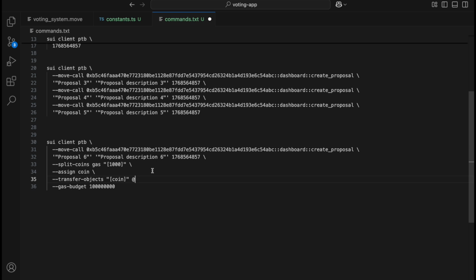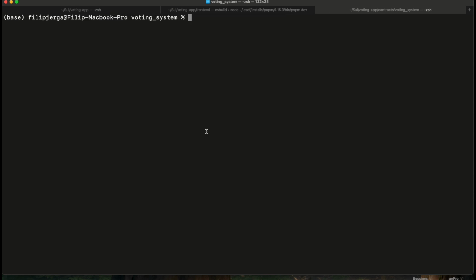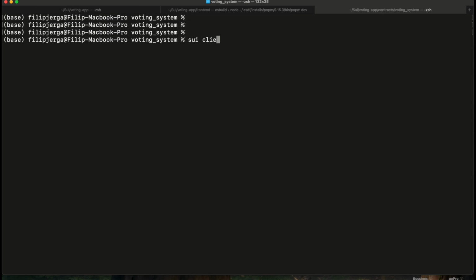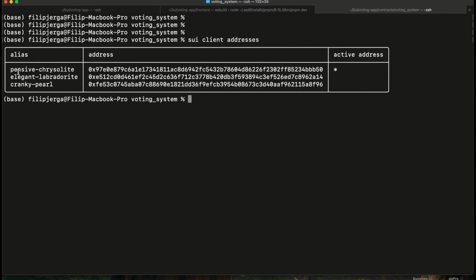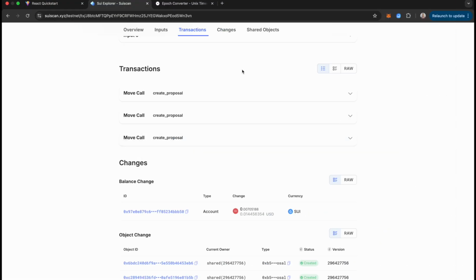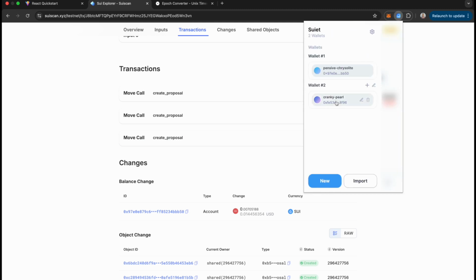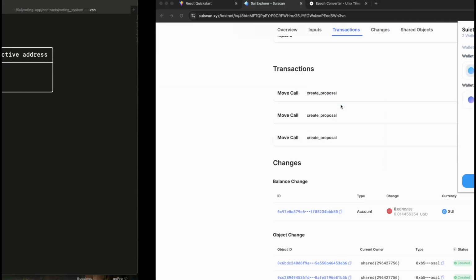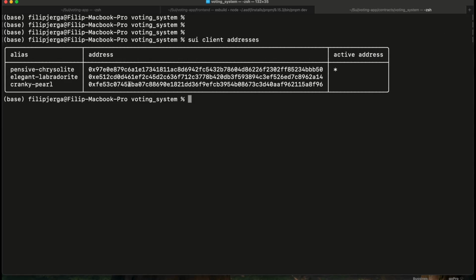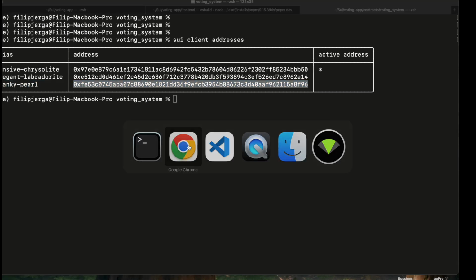So we are sending the transaction from, let's go here, right here, SUI client addresses. So we are sending a transaction from here, from this pensive chrysolite, and you are sending it from some other address, of course, and send it to the other address you have in your wallet. So here, let's open this. I want to send it from the pensive chrysolite to cranky pearl under this account number. So I will get this address, copy it from here, cranky pearl, and take also notice here how